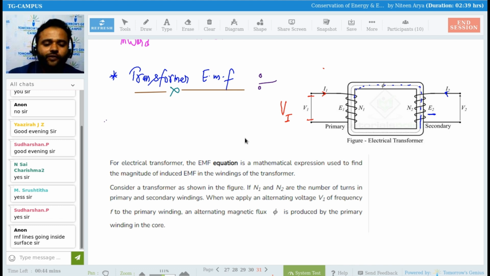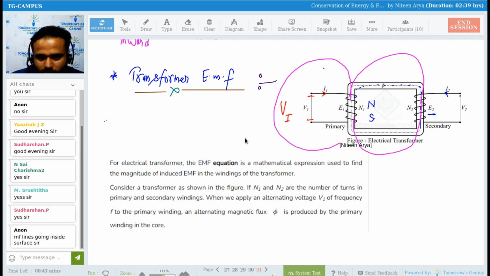Clear? Instead of moving a magnet or coil, what we do now is apply an alternating source to the coil. This alternating source, AC current, generates a magnetic field in the particular coil. Whenever there is a magnetic field, understand it in this way: if it is north, it is south. So what is going to happen then? The power is very high, so the magnetic field is going to go in this way: north, south, north, south.